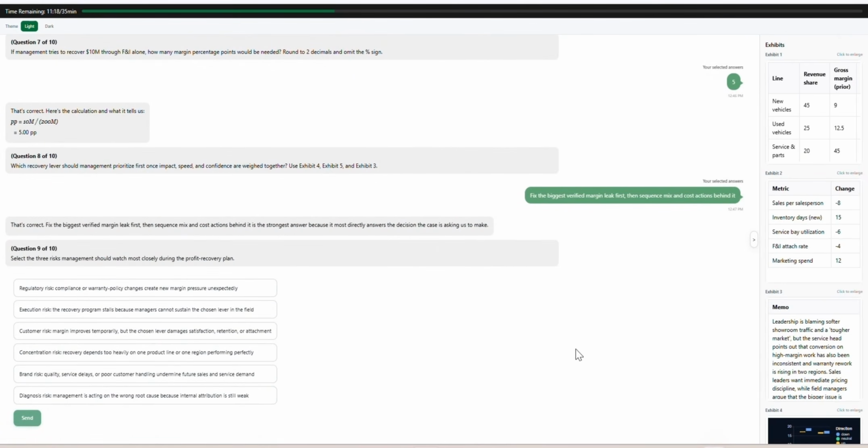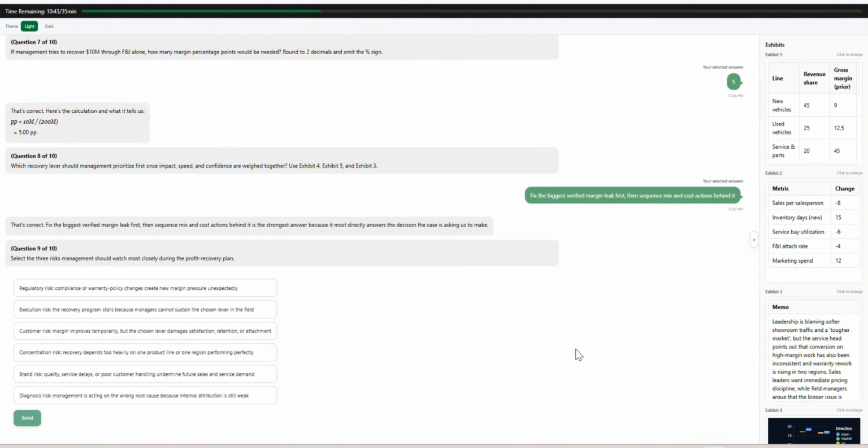All right, and with 11 minutes to spare, we move on to question 9. The question asks, select the 3 risks management should watch most closely during the profit recovery plan. Looking at the options, the correct answers here are regulatory, execution, and data. Or said in another way, regulatory risk, execution risk, and data risk. These are the 3 most likely to break the plan. Regulatory